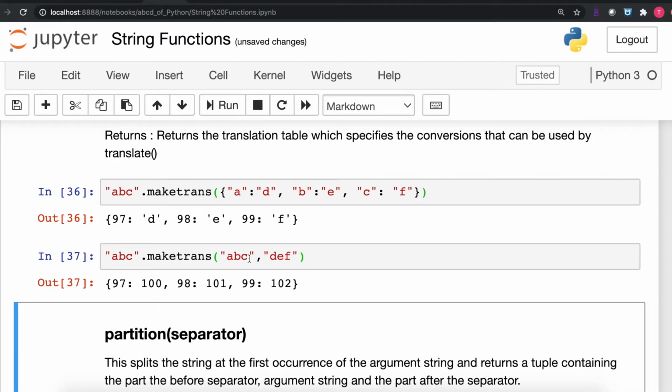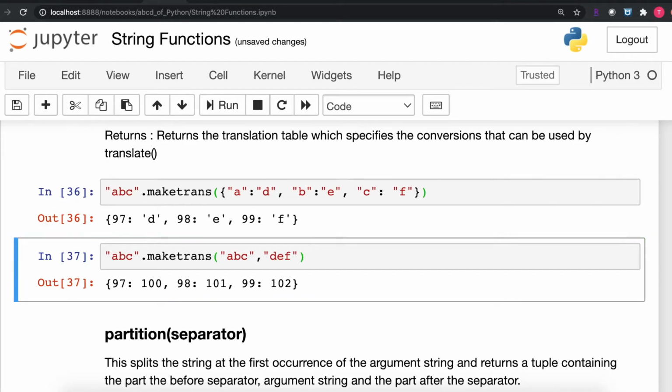You will see all the characters have been changed to their ASCII codes and mapped one-to-one. So A is mapped with D, B is mapped with E and C is mapped with F. This will be more clear when we explain the translate function.